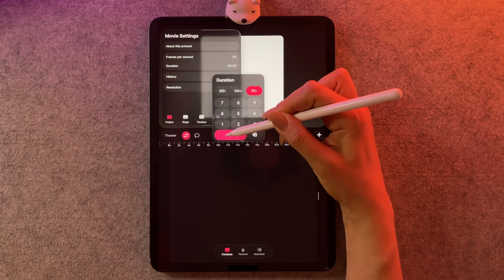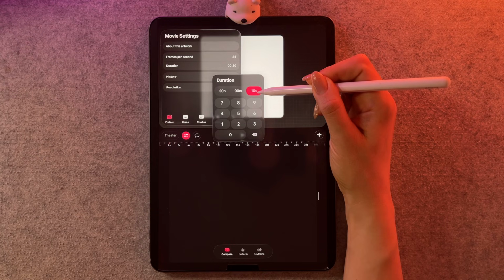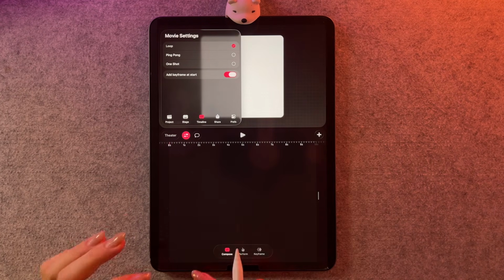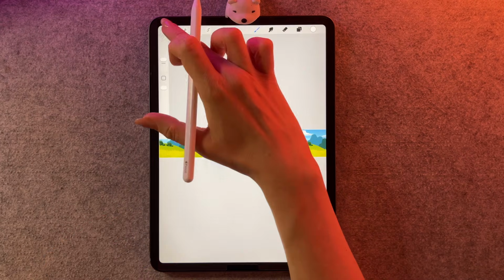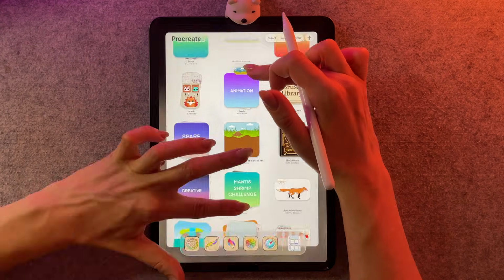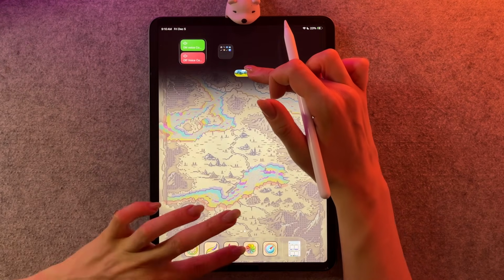This particular aspect ratio works best with 10 seconds. And then we can go to timeline and set this one to loop. Okay, great. So now we're ready to bring in our background. And I want to go to Gallery. So I'm going to grab my artwork and then go into Procreate Dreams